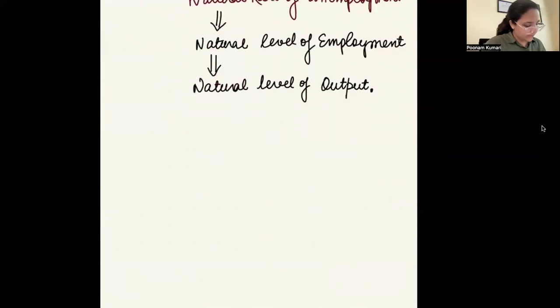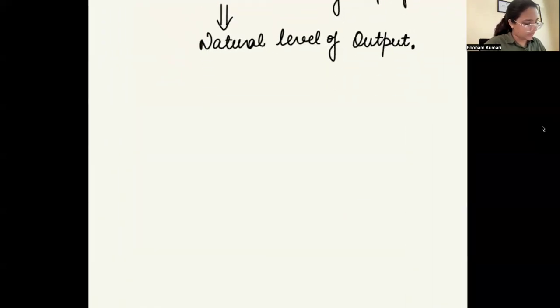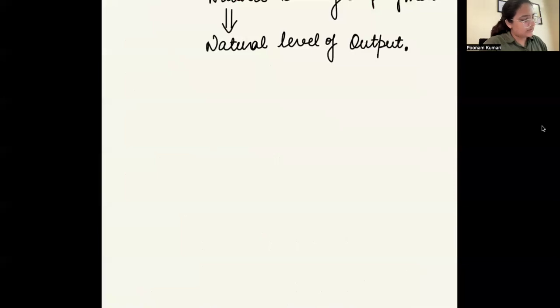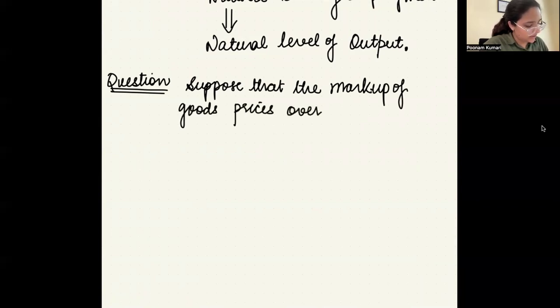Okay? Yes, ma'am. Okay. Would you like to do some numerical? Some question? Yes. Chalo, let's do one question. So this is my question. Suppose that the markup of goods prices over marginal cost